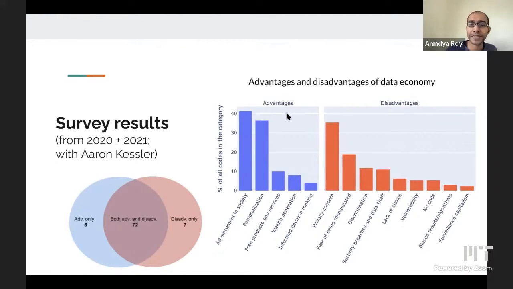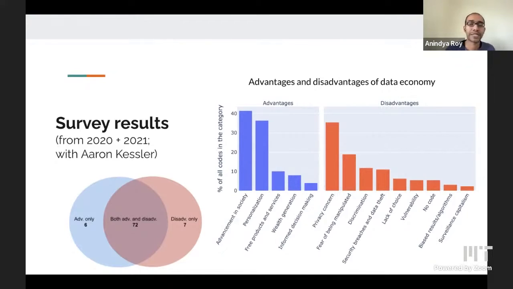If we look at the advantages, there were points like advancement in society, benefits of personalization, getting access to free products and services. It generates wealth. It helps with informed decision-making. Whereas the disadvantages are about privacy and the sense of losing privacy, the fear of being manipulated by people who have our personal data, the fear of being discriminated against based on our various vulnerabilities.